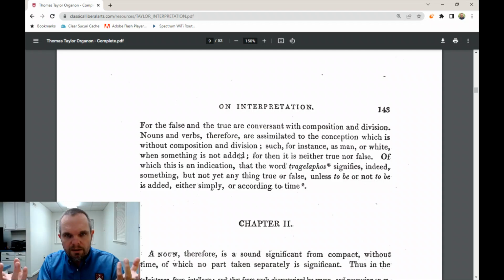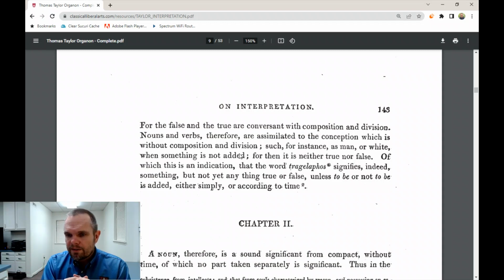Okay, so simple conceptions in the mind, which is what we studied in the categories, the simple conceptions of the mind and their names, they cannot be true or false. And so in the categories, we're not dealing with the operation of the mind that is true or false. But in this book, On Interpretation, we're now moving into the study of the true and the false. Okay, so it is neither true nor false, the idea by itself,